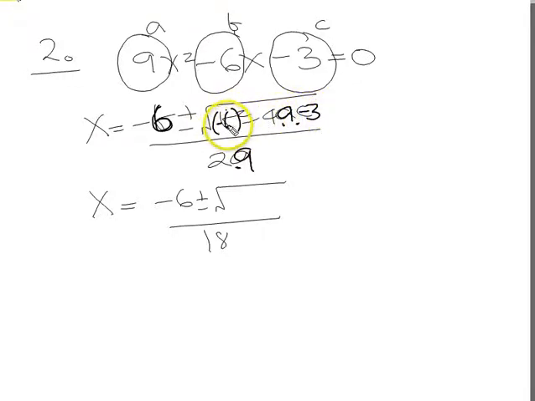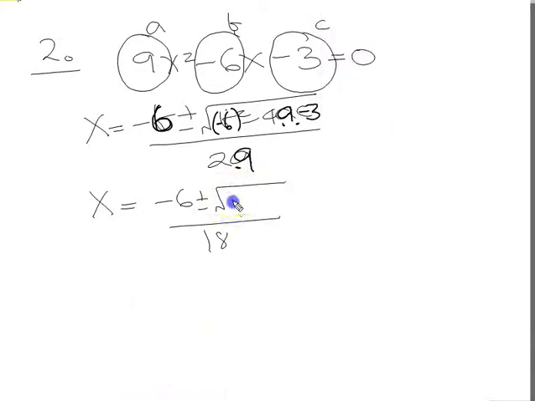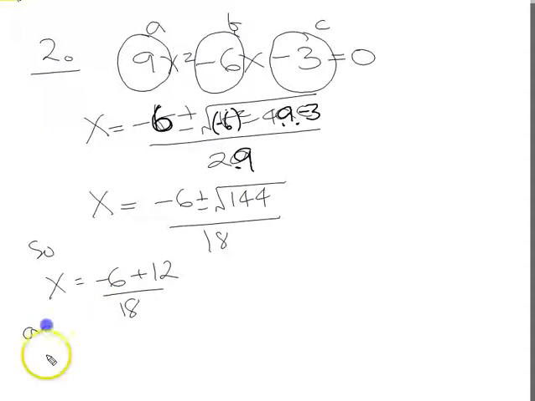We've got a minus times a minus on this second part, which makes a plus. So in our calculator, we can enter 36 plus 4 times 9 times 3. So it's 36 plus 4 times 9 times 3, 144. Okay? That goes in the square root there, the square root of 144, which we can work out in just a tick. So we can write down x equals then minus 6 plus the square root of 144, which we know is 12, and I'll leave you to worry about that on a calculator, over 18,